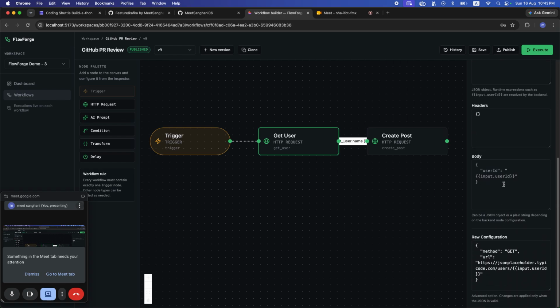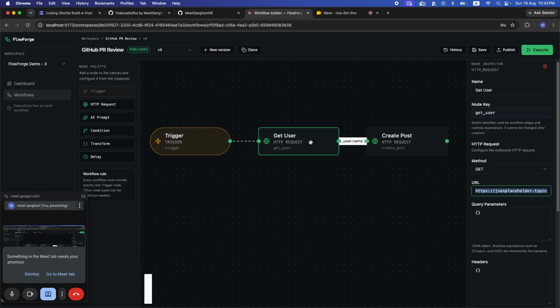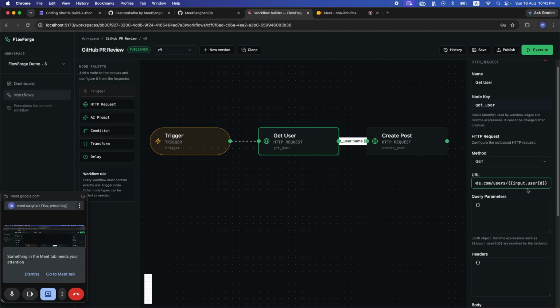Here also, before executing, we will pass on a user ID. That user ID will be directly propagated to this input.user_id placeholder. So we can handle both types of requests. Either we can give the value directly or we can give